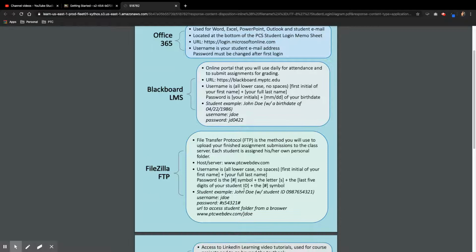So FileZilla is going to be covered in the next videos, but pretty much what you're doing is I provided an example. Remember that our host server is ptcwebdev.com. This is part of the two-part process of where you upload your assignment to FileZilla and then you submit it to Blackboard via a link. So these are the instructions to access FileZilla,